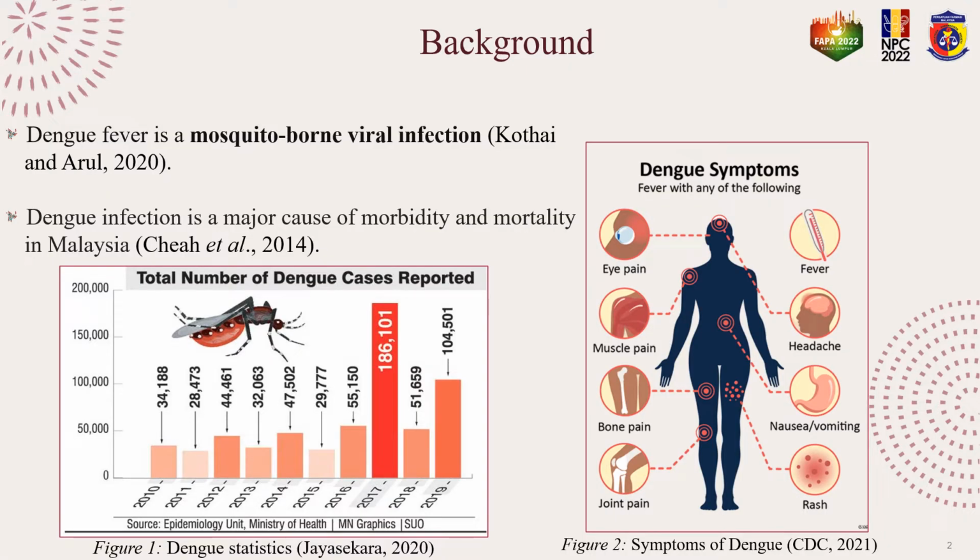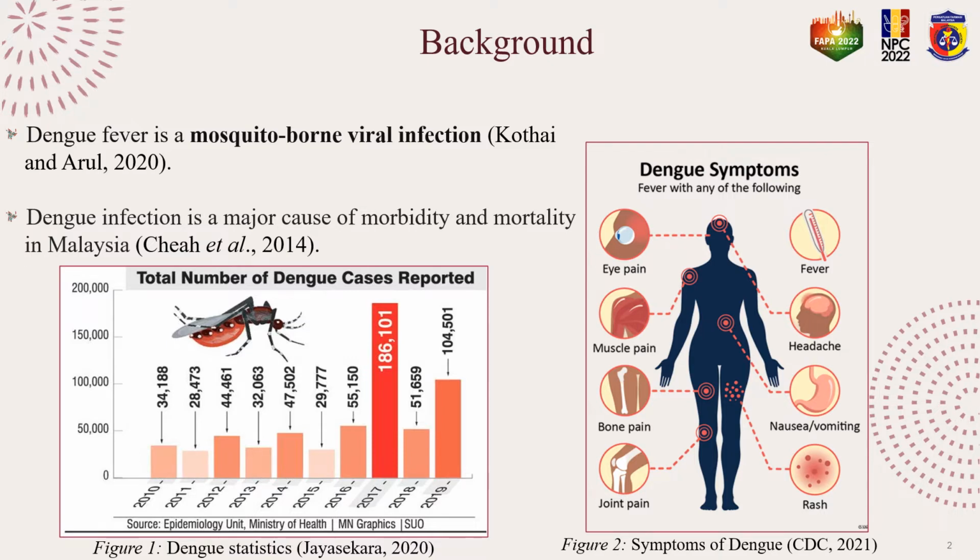First of all, if we move to the background of the study, dengue fever is a mosquito-borne viral disease which is a serious illness up to now. In Malaysia, dengue fever is a major cause of morbidity and mortality as attested by Chian et al. in 2014. Likewise, Figure 1 shows the seriousness of this infection in Sri Lanka from 2010 to 2019, as it peaked in 2017. Figure 2 depicts the common symptoms of dengue such as eye pain, fever, muscle pain,